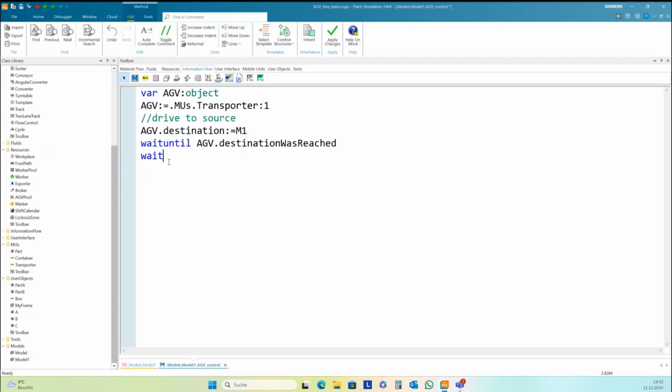Then I wait a little bit for the loading time of the HEV and load one part from source. And then I need to select a destination depending on the name of the part on the HEV. And I can use a switch command to do this.